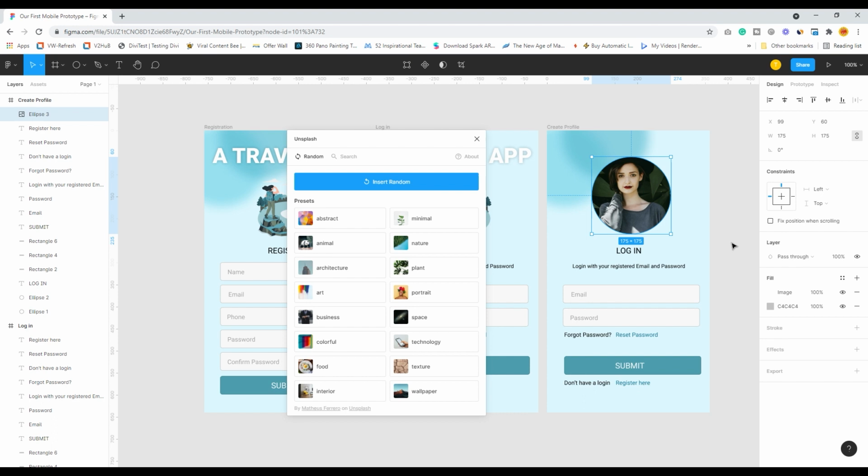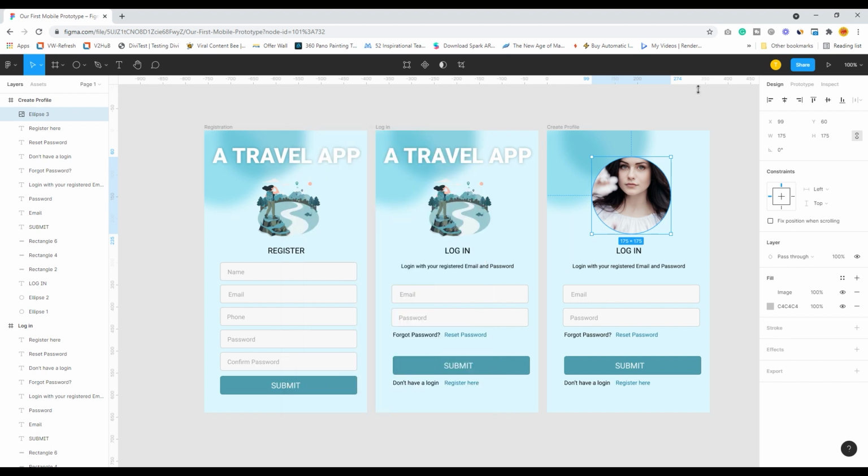In the predefined prototype, I have used one guy's image, so let's see if I can take a female image. Okay, I am okay with this particular image, and I close the plugin dialog box. Once I am over here, I have installed this image.